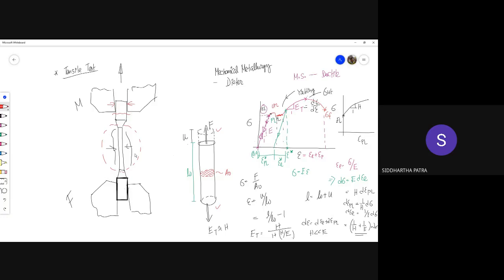So how do you ensure that the fracture happens in the test region? By making the test region weaker. By weaker I mean lower cross section. Lower cross section, same force. Let's say the pulling force is F, but then there is also a gripping force. So that pulling force over here is going to give you higher tensile stress compared to that in the large diameter portion. That's why you make the two ends larger.